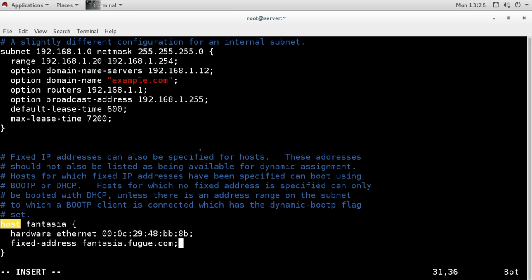And here you will add the IP address which you want to give. I want to give 192.168.1.35 to that host. So whenever the host with this MAC address asks for an IP address, it will give this IP address to the machine.